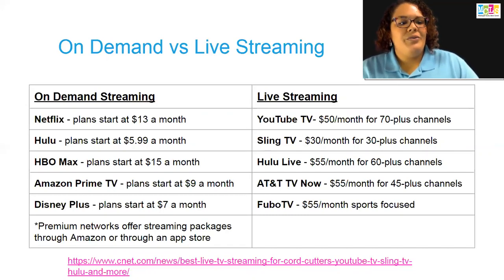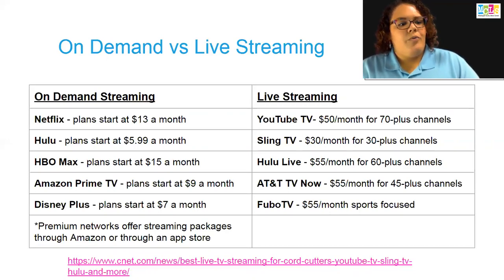And then there's Hulu. That price has gone down recently. It's now $5.99 a month. If you want it without commercials, it will cost more. You can actually bundle the Hulu with Hulu Live, and you can pay for both of them and it will be cheaper. Also, there's some other bundling that you can do with Hulu as well, so that's another option.